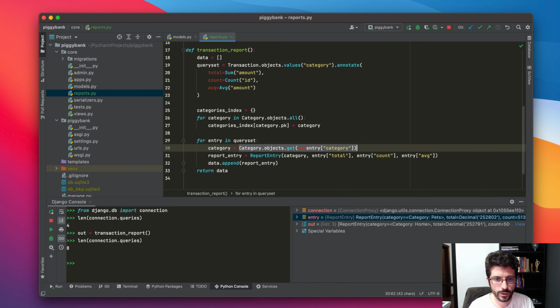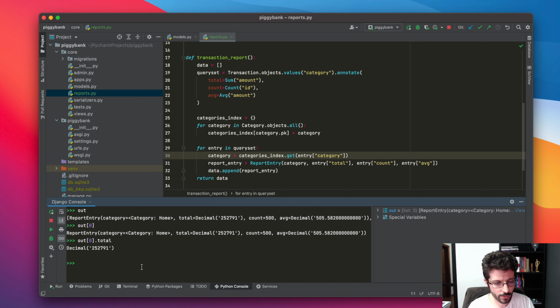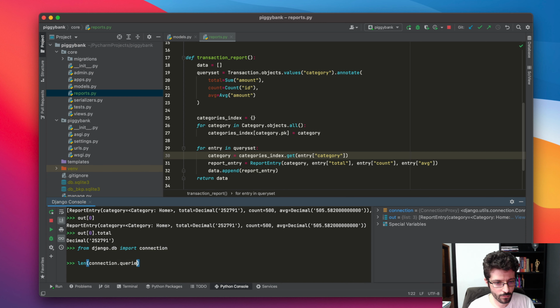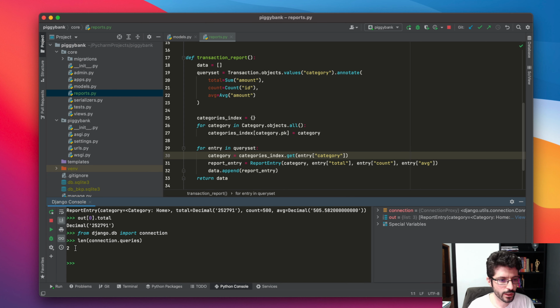so let's see if it works. Okay, the code is working. We can get here the first one and see the total. Oops. And then we can inspect the number of queries again. So now we only have 2